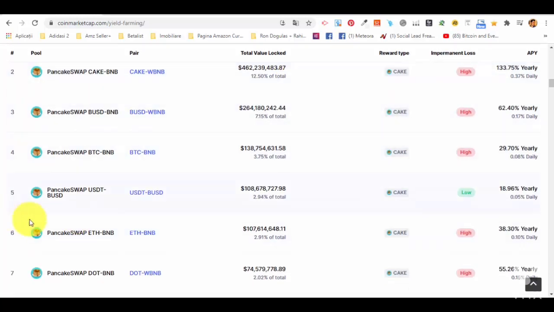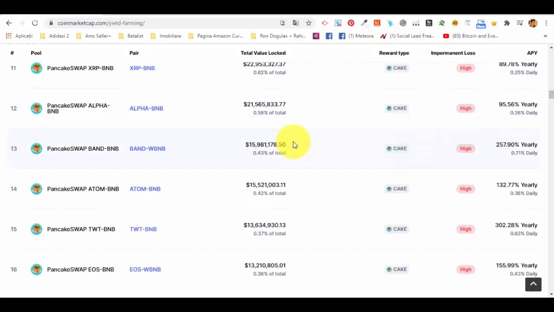For example, on PancakeSwap, we have a pair. You need to invest these pairs. So USDT and BUSD has a total of $108 million, which is not a lot for this type of pool, but also not a small value. The impermanent loss risk is low, so your risk is not high for this type of service, and the potential earning is 1896, and you earn CAKE. This token is the reward type. And if you scroll down,